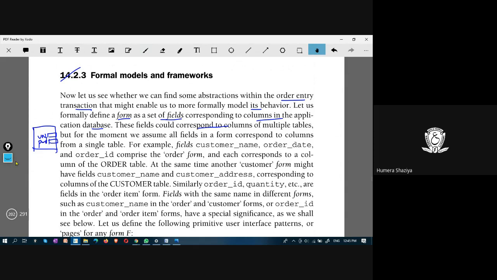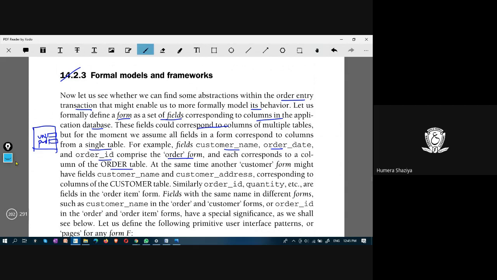Here we assume that all the fields in the form correspond to a single table. Customer name, order date, order ID comprise the order form. This is an HTML form that you have created, and each field corresponds to a column of the order table.